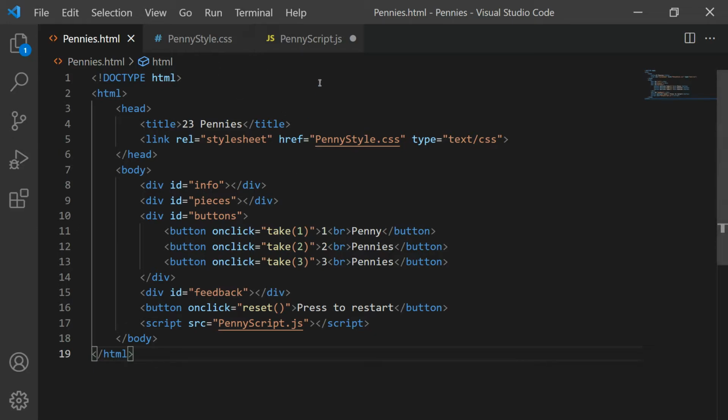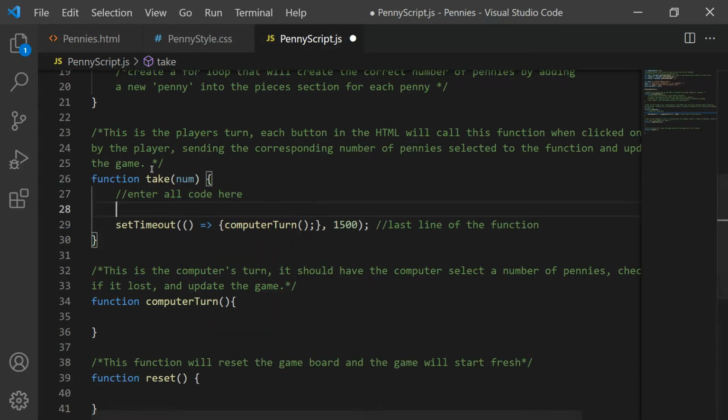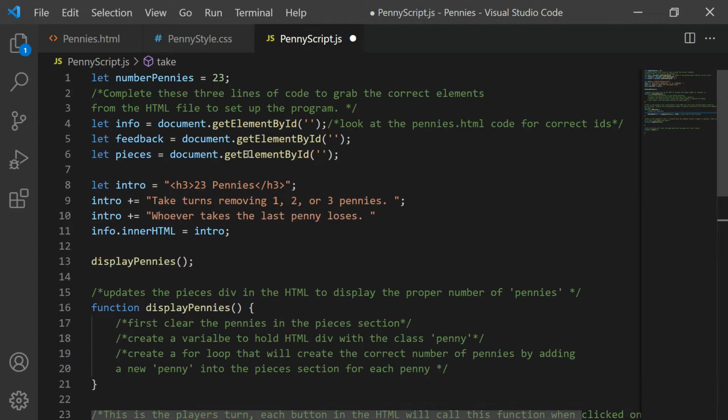So when I come back over here, this number is either going to be a 1, a 2, or a 3. That number is going to indicate how many pennies should be taken from the number of pennies, which starts